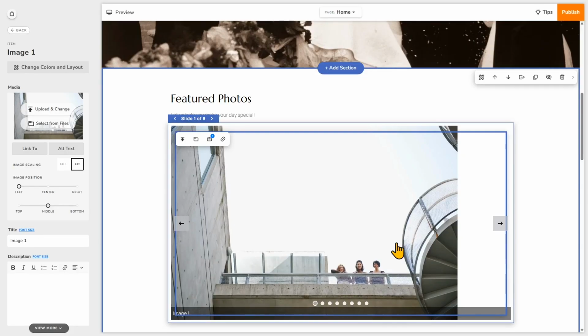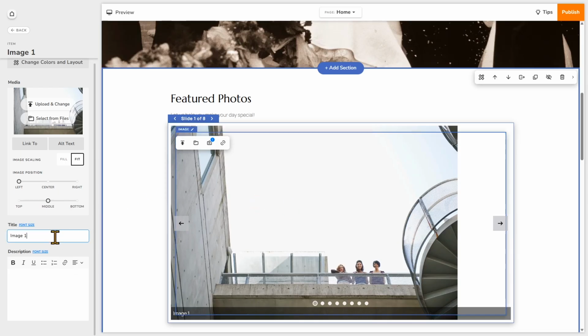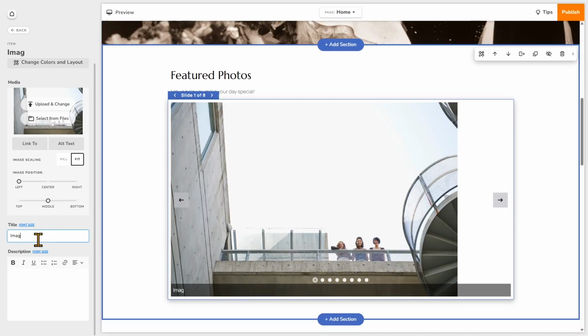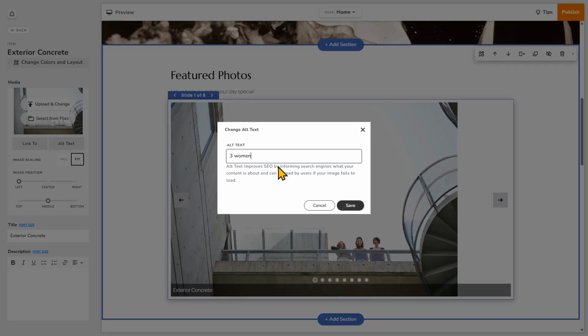If you want to add a title and description to this image slide, it will also appear in the lightbox as well. The title and description will also appear on the image when visitors hover on it. So if you want to edit that, you can do that right here. I'll add a title, but I'll leave the description blank. And alt text is so important for your SEO and to make your website more accessible to users. That means if the image does not load, it will show the alt text. So you want to describe the image exactly as it would appear. So I'll click to edit that. I'll add some alt text.